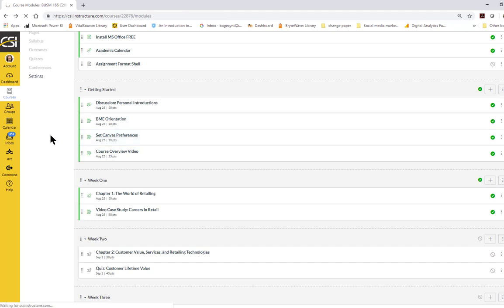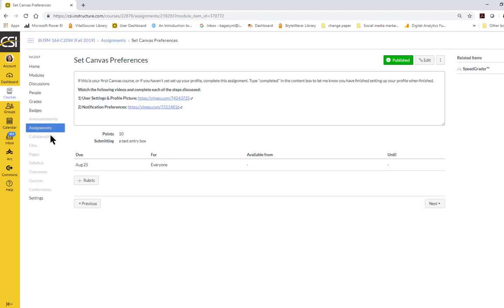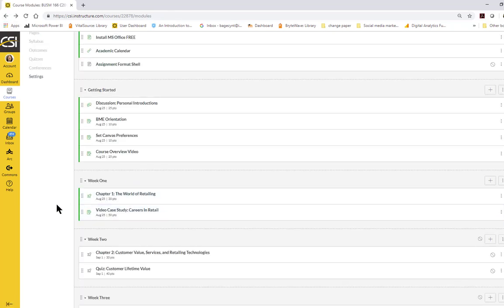Please set your Canvas preferences, both for your profile and for notification. If I need to change something, I send it out via the announcements, and that goes out to wherever you have your notifications set. And your profile lets us know a little bit about you, so thank you very much for posting that. Makes it much more fun. I don't like that I don't get to see you and visit with you, so that's the next best thing.